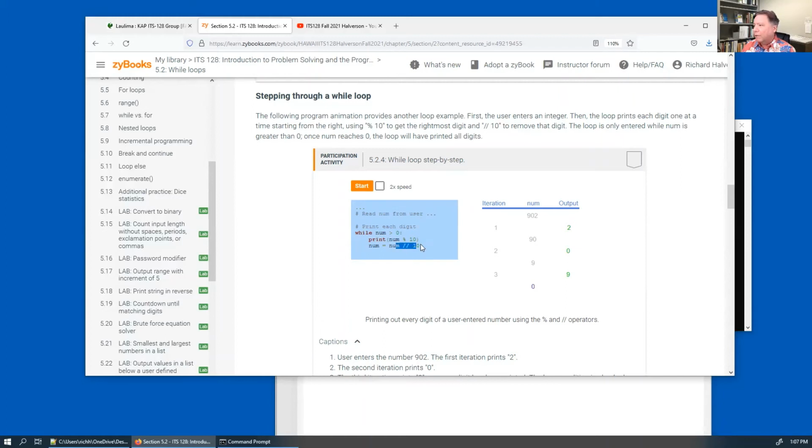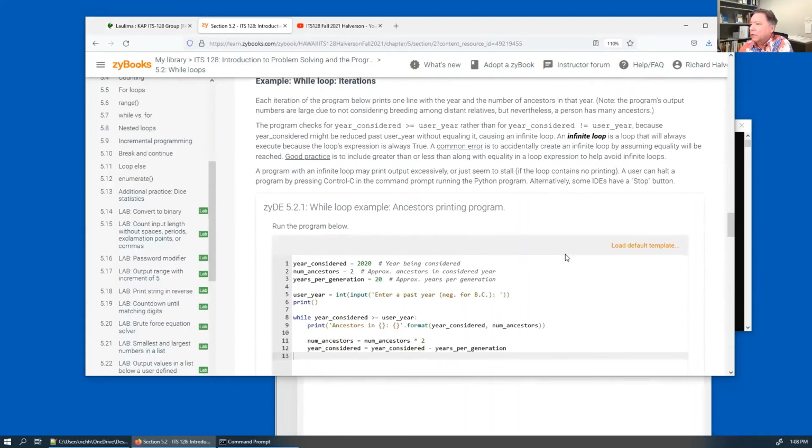See, so this is the dividing by 10. You take the number, and you take the mod 10, and that's actually what you're printing out. Then you divide it by 10, and that becomes the new number. And then you keep on looping until this is false. It's going to keep on looping while this number is greater than 0. But once it hits 0, and it will, then it stops. All right, so it's 108. Okay, so that's an interesting